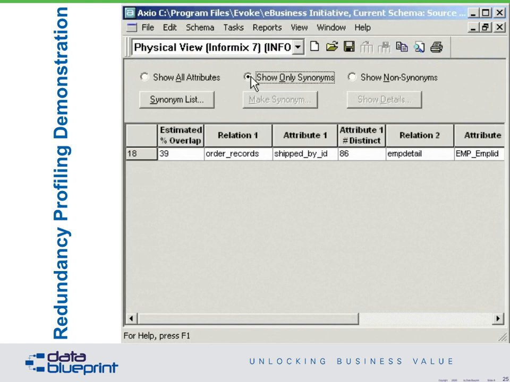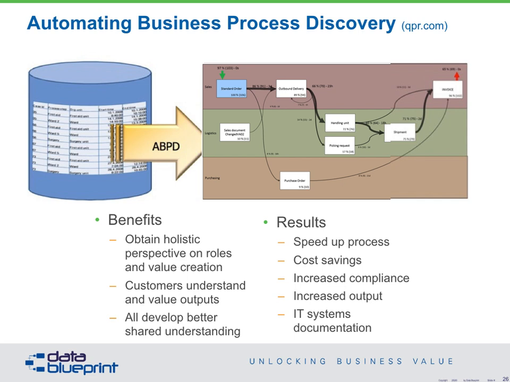All right, and one last little quick bit on the lecture here. There's another component to all of this, which is that you could also use the same basic process to automate, semi-automate the process of business process discovery too. And this is oftentimes very useful, particularly in the data, since we do such process reengineering oriented work. The benefits of doing it from a semi-automated approach is that you get holistic perspectives on the roles and the value creations, and customers are able to directly understand the inputs and outputs and gives a shared understanding of the entire process, which speeds up the process,